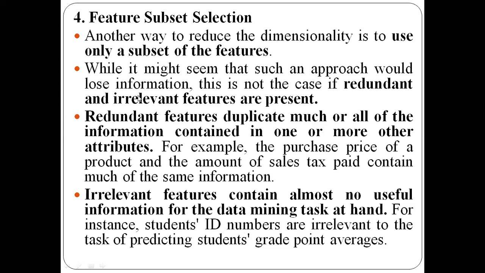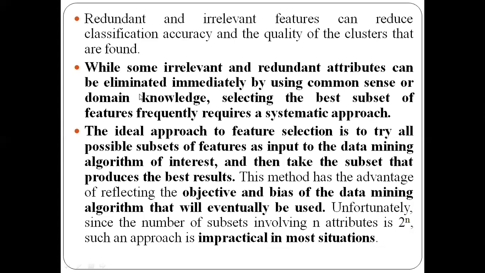So now coming to the irrelevant and the redundant attributes. These irrelevant and redundant attributes are going to reduce the data analysis accuracy. That is, classification and clustering accuracy will be reduced. What is this classification and clustering? We will be studying that in the 4th and 5th module. That is also one kind of data mining task.